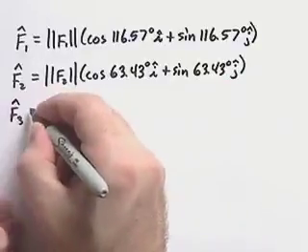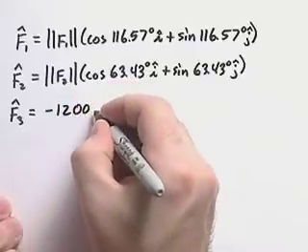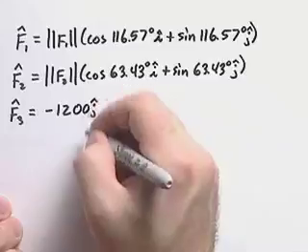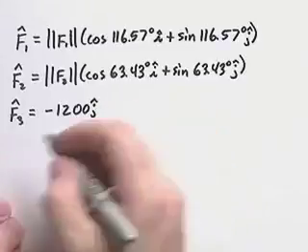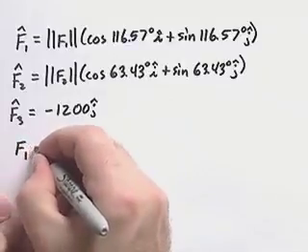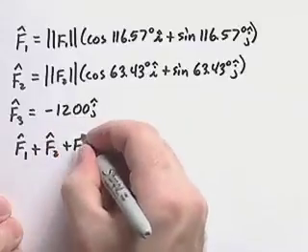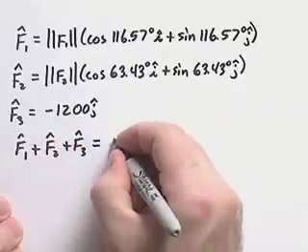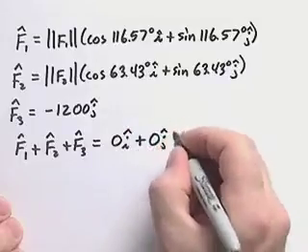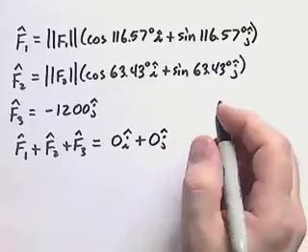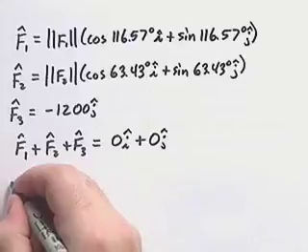Our third force, force 3, is equal to negative 1,200 j. It's only in one direction, it's all straight down. Since the system is in equilibrium, we need force 1, plus force 2, plus force 3 to equal 0 times unit vector i plus 0 times the unit vector j. This means that we'll get